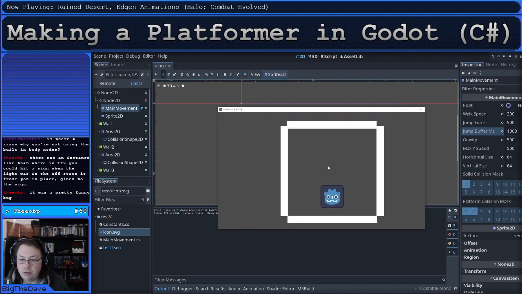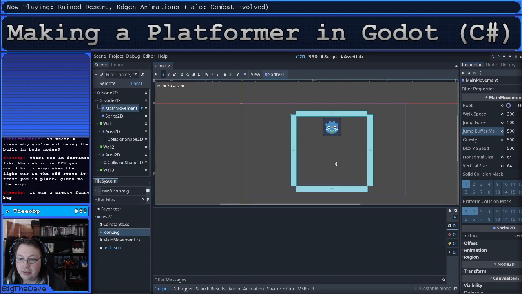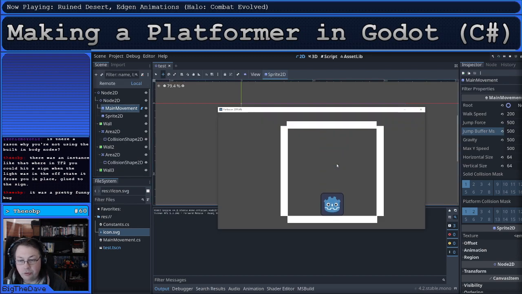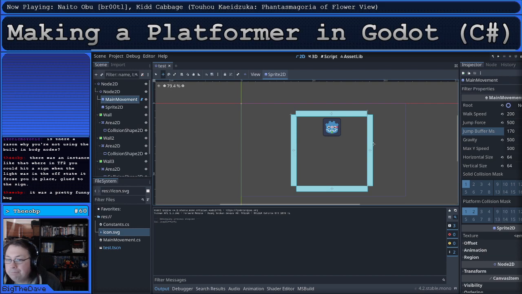So if I press it now, jump. Jump. Because it's going to take a second for it to hit the ground. So we'll make that half a second just so that we can see it a bit more clearly. So if I hit it now, no jump. If I hit it now, jump. If I hit it now, jump. If I hit it now, no jump. That's your jump buffering. Put that back down to 170 because it's a human relatable time. And that's us. That's pretty much us got